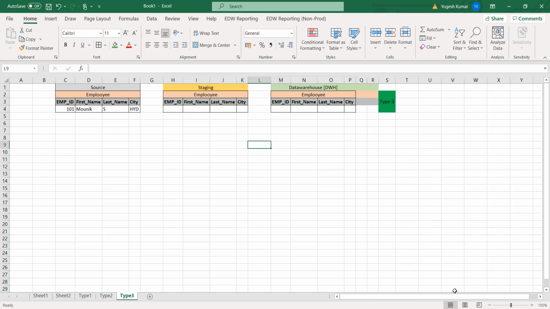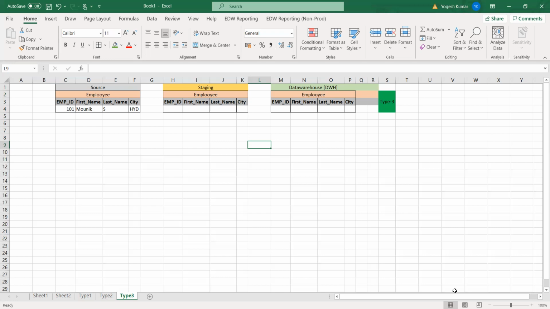Now, type 3 is something easy compared to type 2. It sits somewhere between type 1 and type 2.